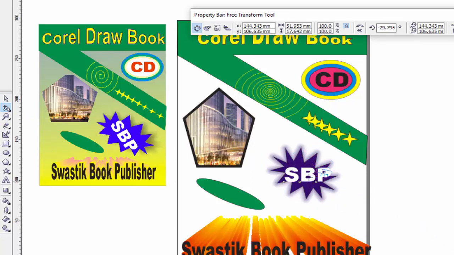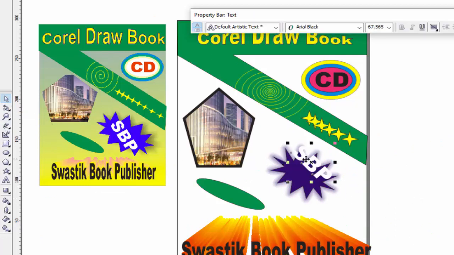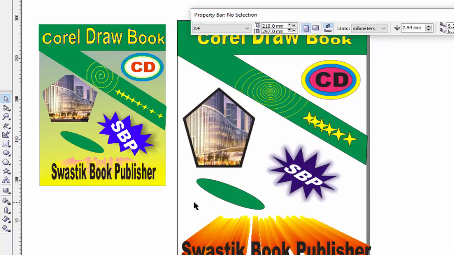Free transform means you can rotate in any direction like this, and use the pick tool to put it here. So like this. I think you understand how I create this design.